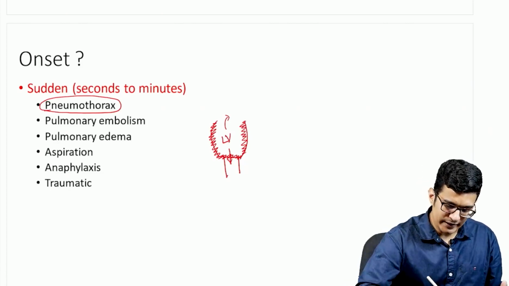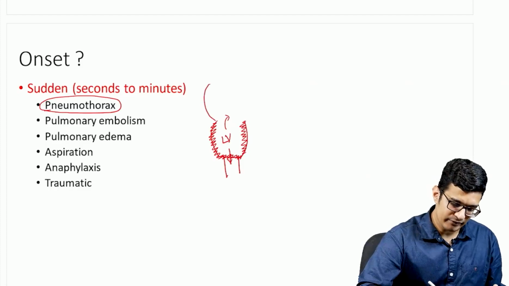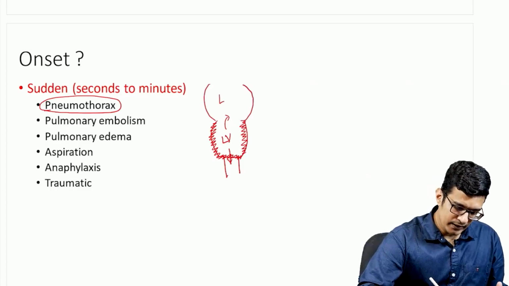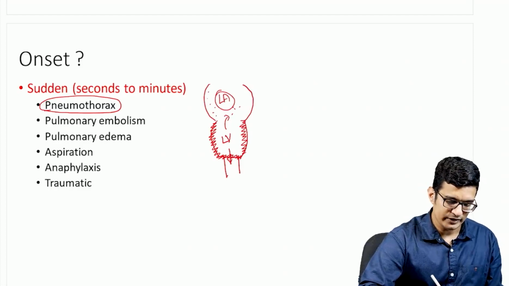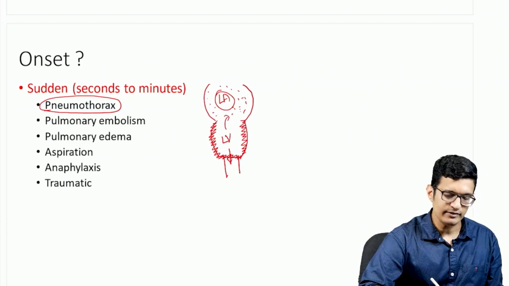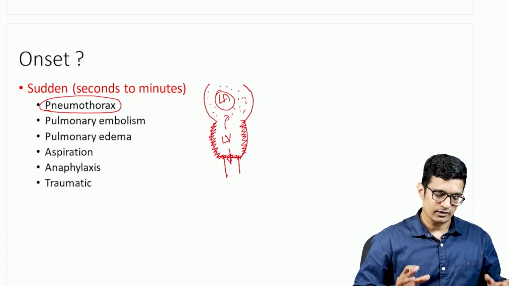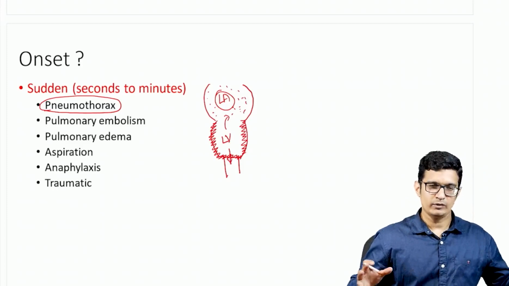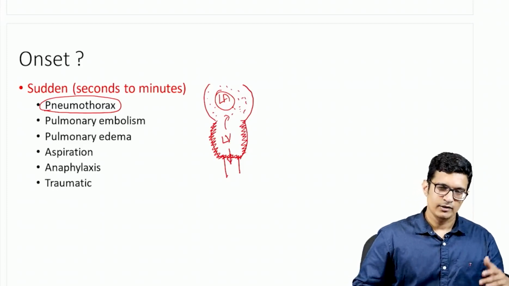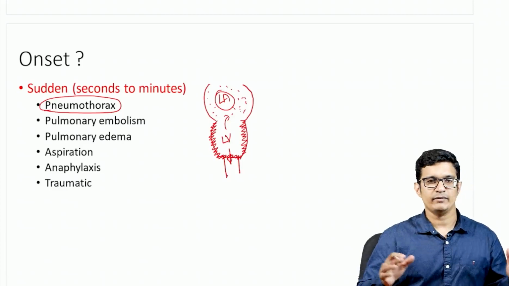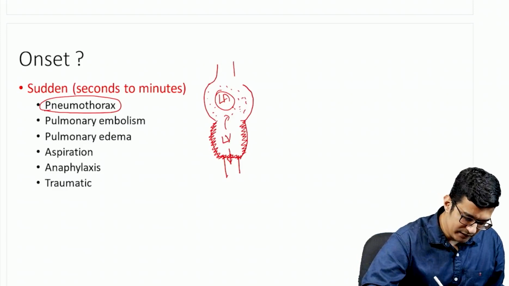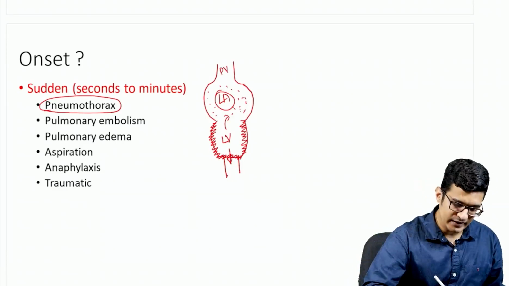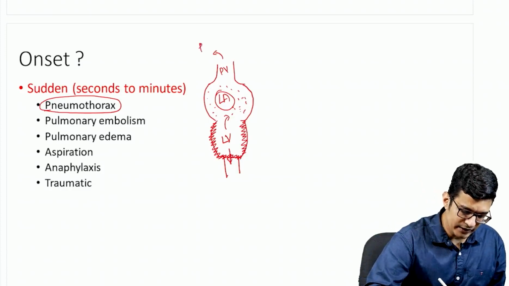When the left ventricular end diastolic pressure increases, that will be reflected as a loading of the left atrium. So there will be pooling of blood also in the left atrium. The left atrium does not have any muscle to contract, so the only thing that it can do is undergo dilatation, and with progressive dilatation the left atrial pressure will keep on increasing because it is loaded with blood. That will be reflected as an increased pressure in the pulmonary vein. So the pulmonary venous hydrostatic pressure will increase, then the pulmonary capillary hydrostatic pressure will increase.